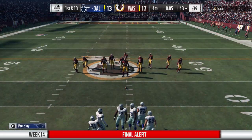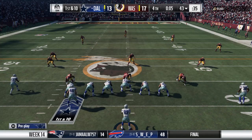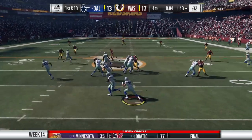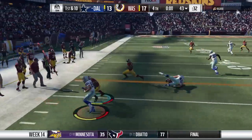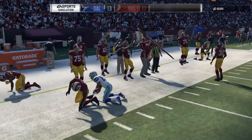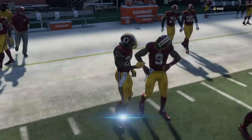Now, they do indeed get the timeout, so all is not lost. They'll have a chance for one final heave to the end zone. Here we go. 3, 9. Well, going into the final play of this game, they knew that they needed some